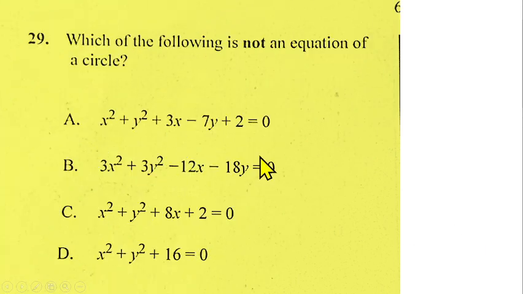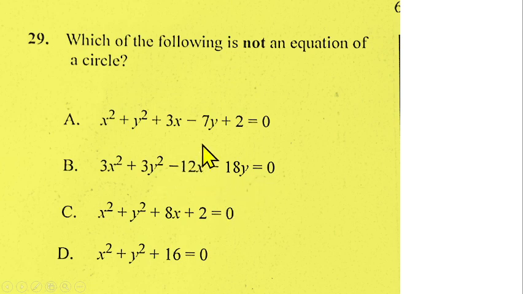Question number 29 is from the equation of circle. Which of the following is not an equation of circle? So this is an equation of circle. They have the same degree, and you have x term and y term and the constant. This is correct. This is also an equation of circle because the coefficients of the highest degree are the same,